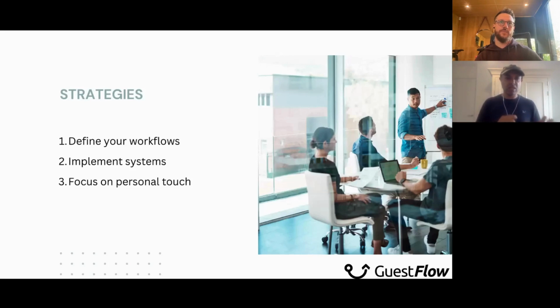You've got to be thinking about, how will I know which messages have been sent and which messages are still to be sent? You need to be able to get that visibility. So it's picking the system, and it's making sure that the information between systems is being synced, as part of that system setup. That's very, very important.